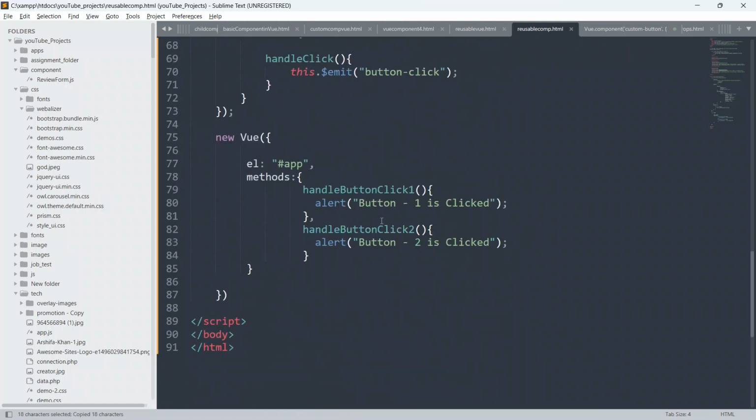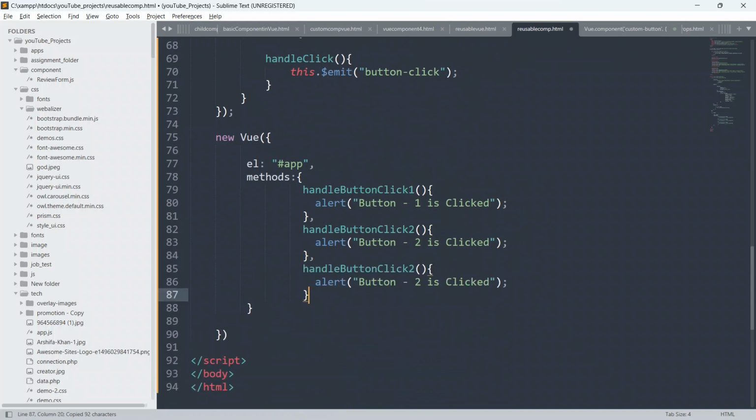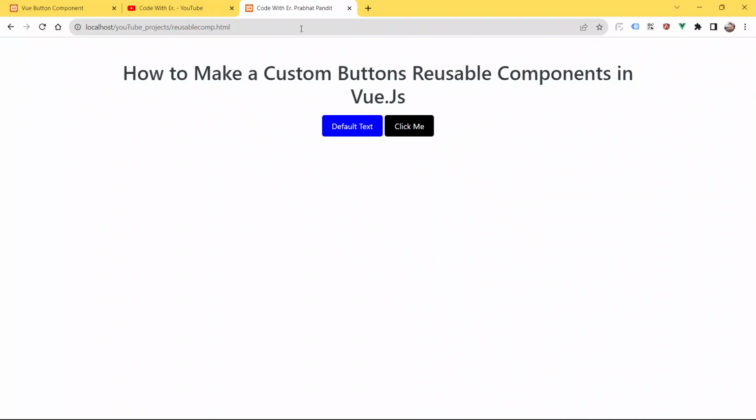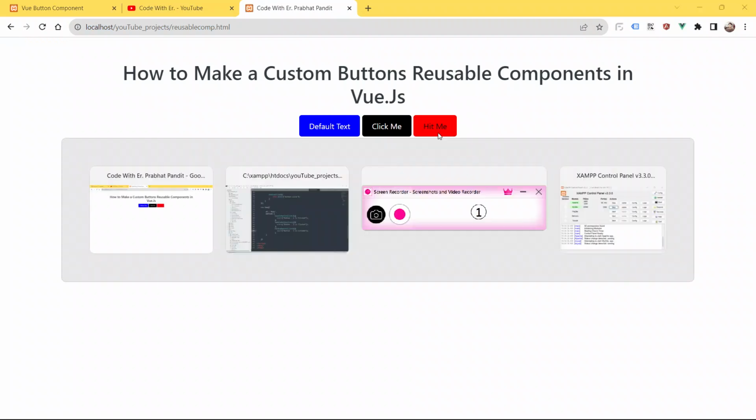So just copy it from here and just go down and copy it and put comma and put here, and just change this to 3, and just change this to 3 also. So now save your code, go to the browser, and now refresh the page. See, boom guys, as you can see here, background color is red and the text is black, okay.